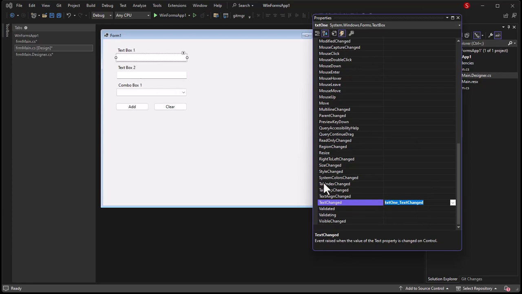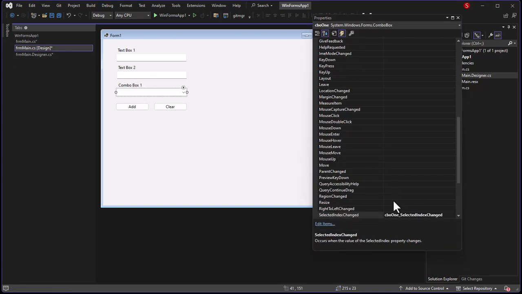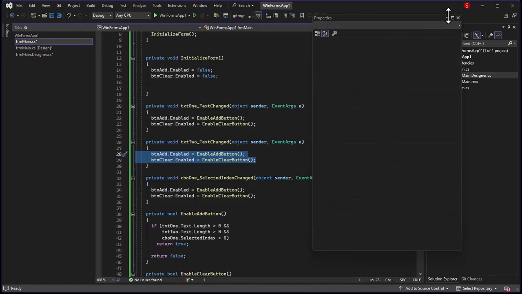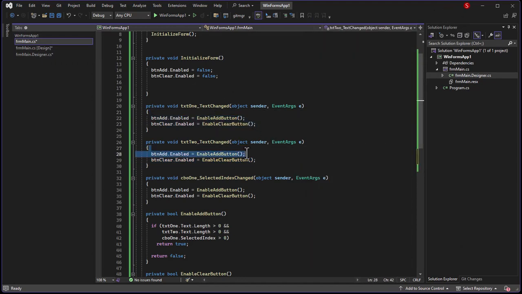So whether it's text box 1 goes to text 1 text change, text box 2 goes to text 2 text change, combo box, they all go to their own event handlers, and that's what's causing the code out here to have to be duplicated. So what I'm going to do,